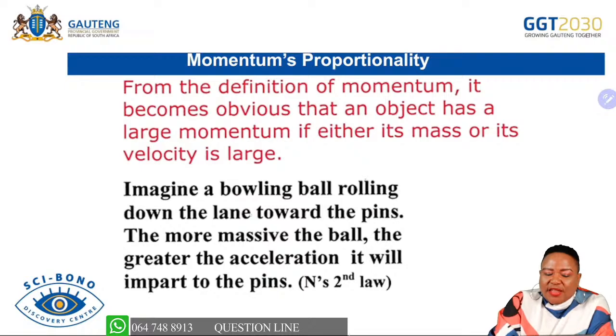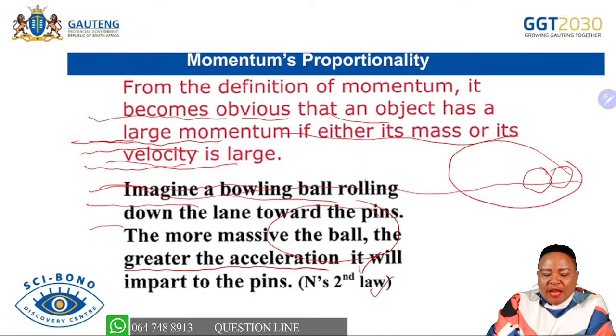So if there's an example like a bowling ball, if a bowling ball is rolling towards the pins, the more massive the ball, or the greater the acceleration it will have, the more impact it will have on the pins. And remember, this is according to Newton's second law. We did Newton's laws last year in grade 11, and remember that Newton's laws are progressing to grade 12, and they will also be integrating with more of the topics under mechanics that we'll be doing in grade 12. So as I'm saying, refer to Newton's